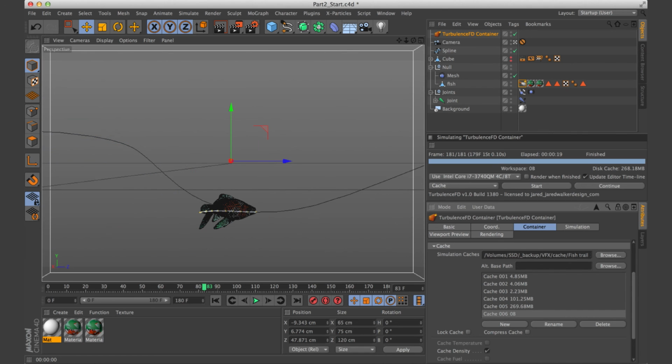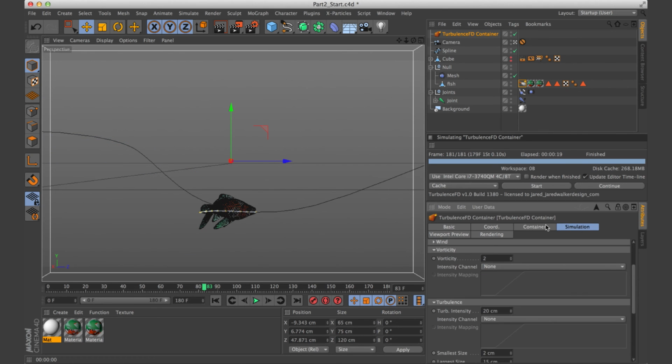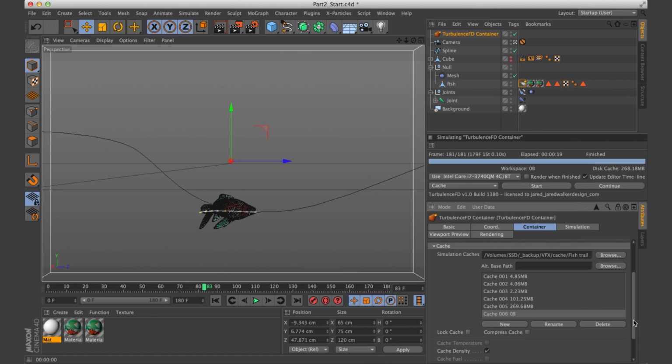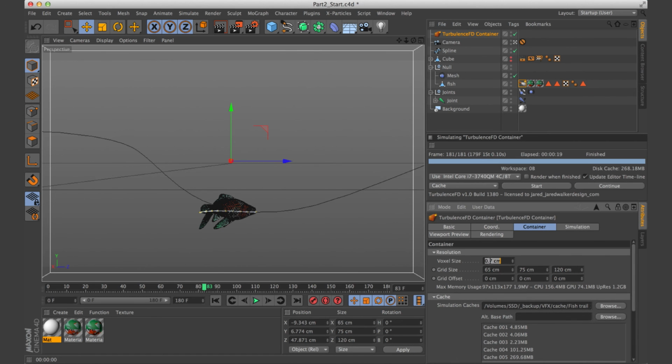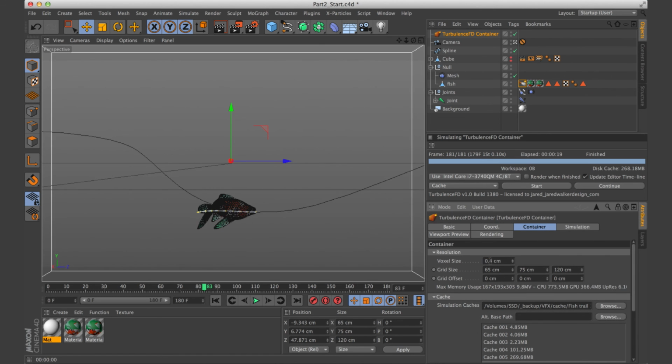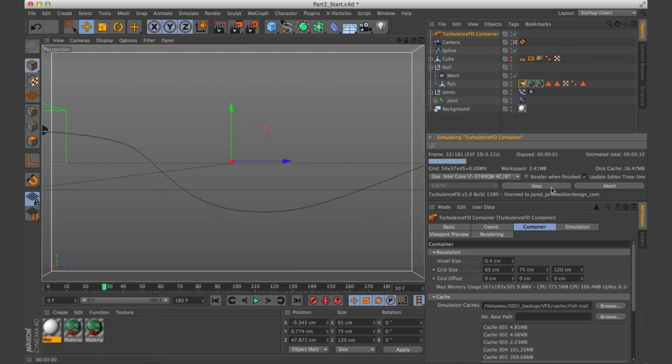And so if we do another one and change the voxel size a little bit more, maybe take it down to 0.4, and then run the simulation, we're going to see it start to look even better.